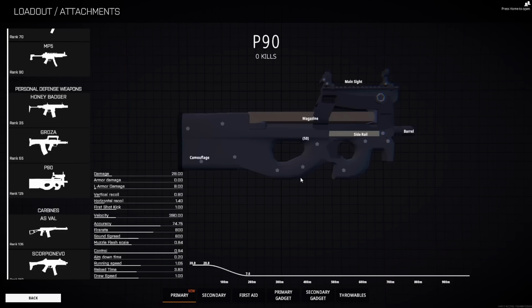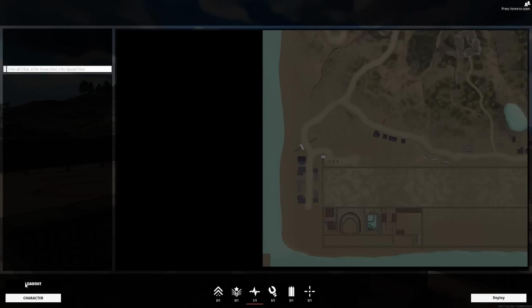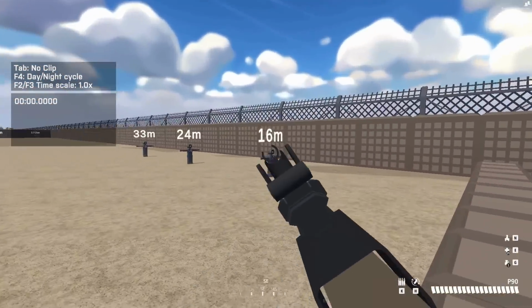But moving on to the last gun, we have the P90. Now the P90 hits for 28. You guys are gonna see, it's kind of hard to tell, but this is a really high rate of fire. This is a fire rate of 800, which is the same as the Honey Badger. And of course, it's doing less damage and it's gonna take an extra hit to kill, but